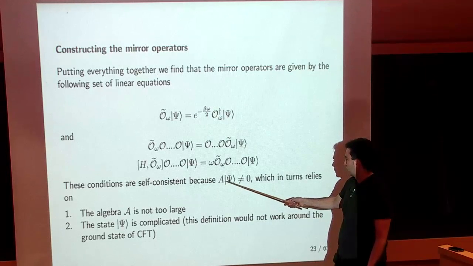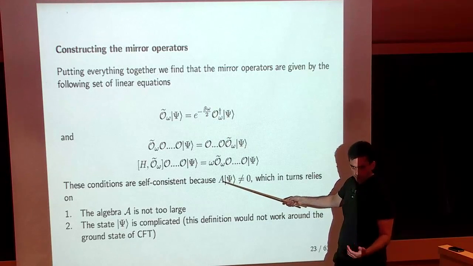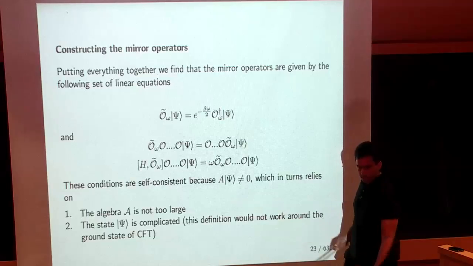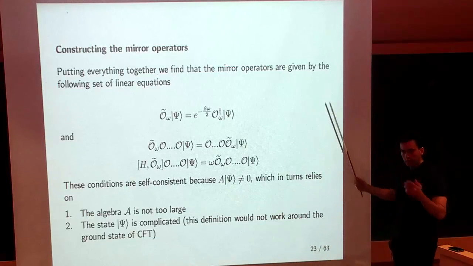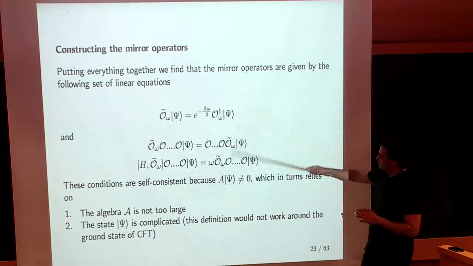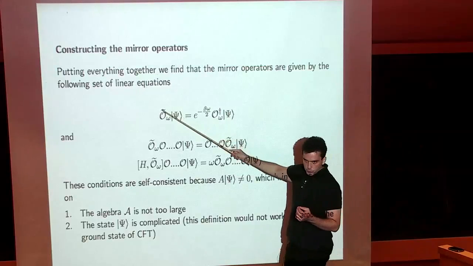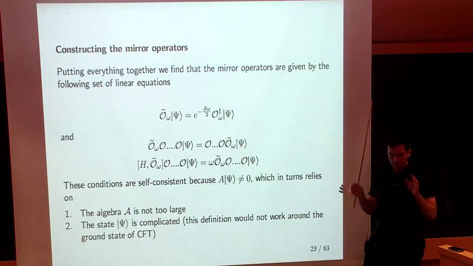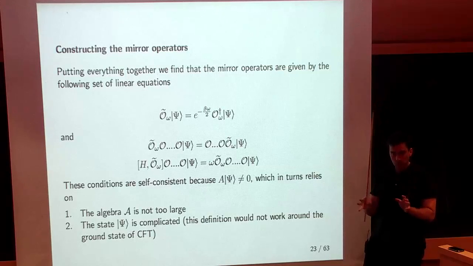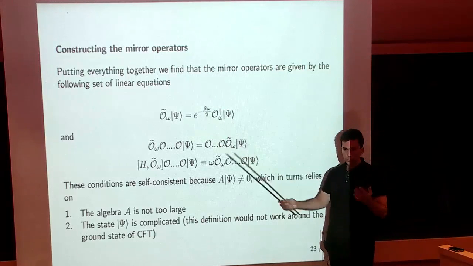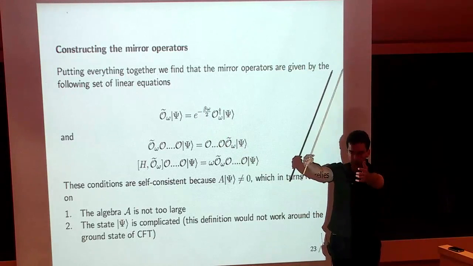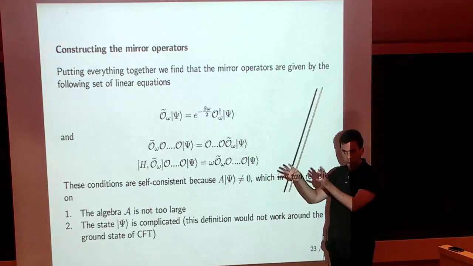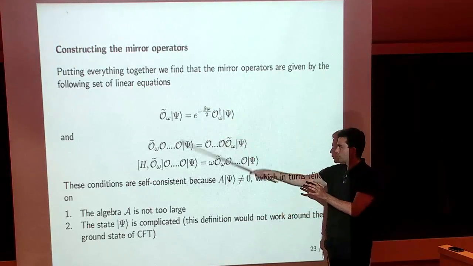Well, it's not pure as seen by the algebra. Fundamentally, it is a pure state. There are many states of that. Yeah. So I'm saying, what is it that makes them? Well, this kind of definition of the tilde operators you can perform in any situation where you have a chaotic quantum mechanical system that you are probing with a small algebra. Whether these operators are useful in order to reconstruct a smooth interior spacetime is a different story. It has to do with the correlation functions of these operators with O's.